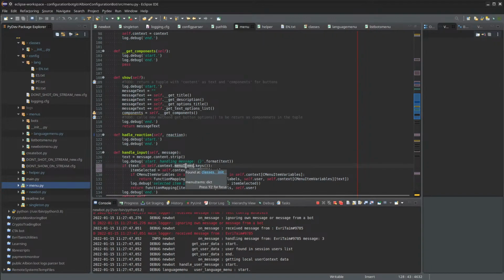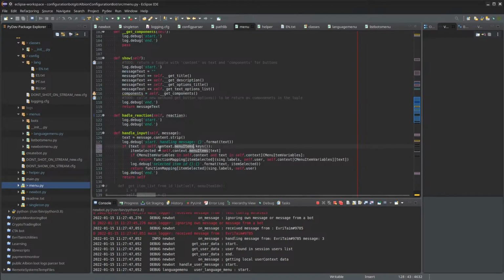Yeah, from menu items. So it looks in its own context, goes through the menu items and checks if it matches any of the keys. So if it does, it selects that menu item and then checks